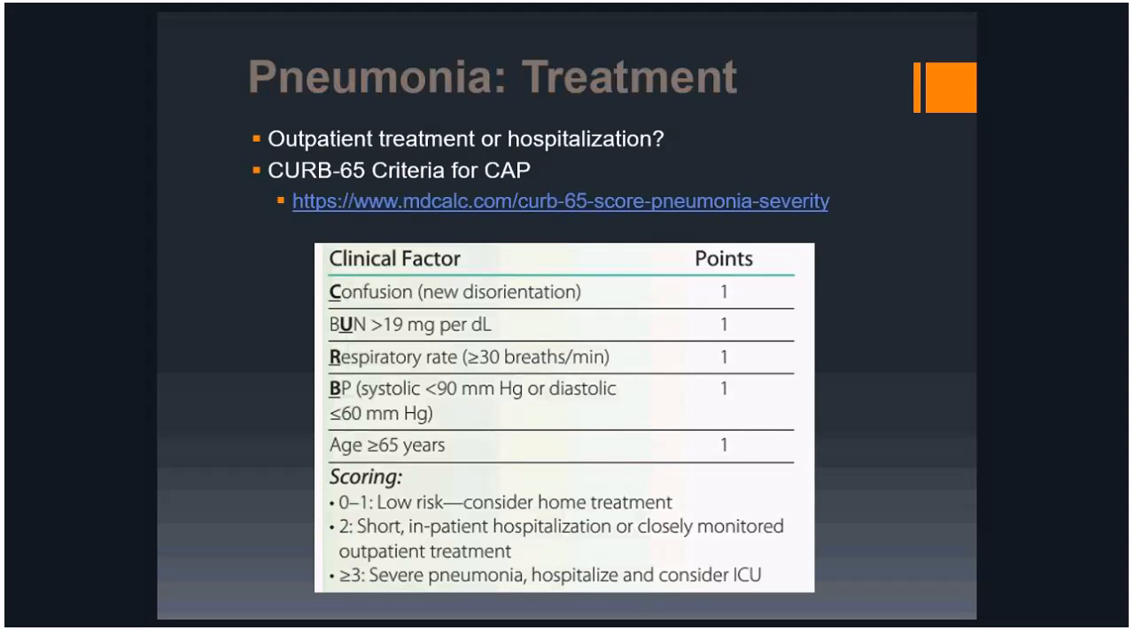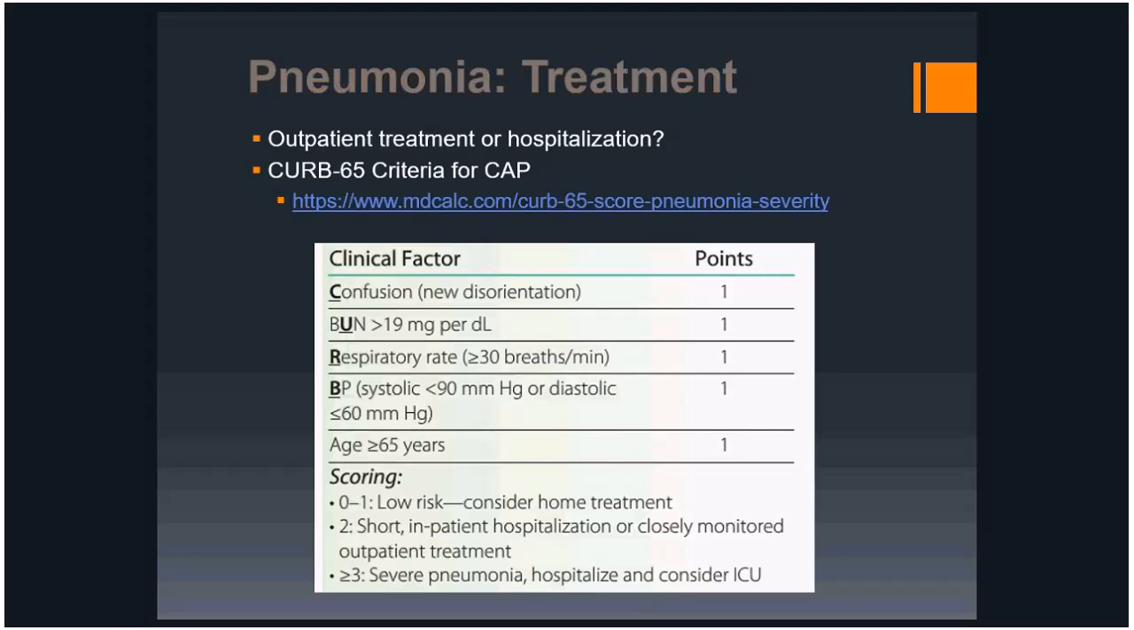With regards to pneumonia treatment, as a primary care provider, the biggest concern is, can I treat this patient outpatient or do they need to be hospitalized? CURB-65 is one of the criteria used for community-acquired pneumonia. It is essentially a tool that you calculate based on clinical factors, which are assigned a point value, and you determine the score. Based on the score, you determine if the patient can be treated outpatient at home or if they require some type of hospitalization,